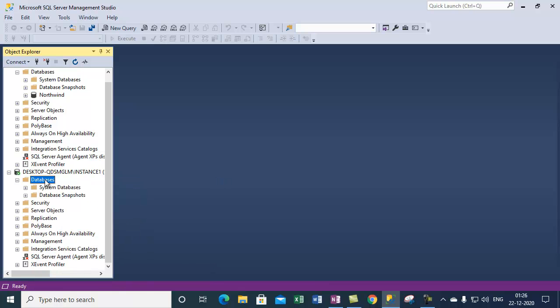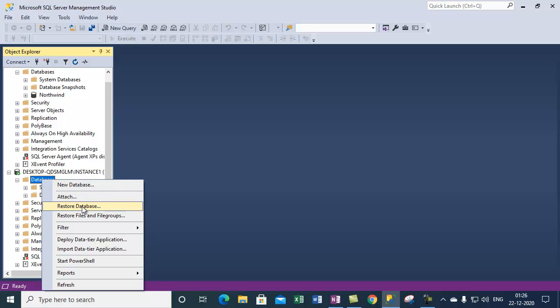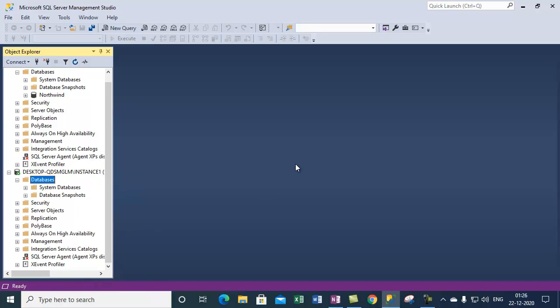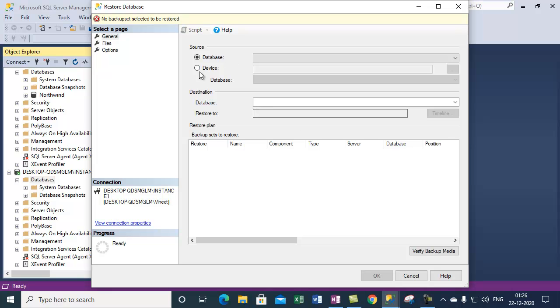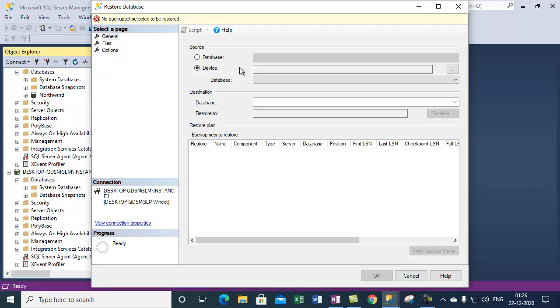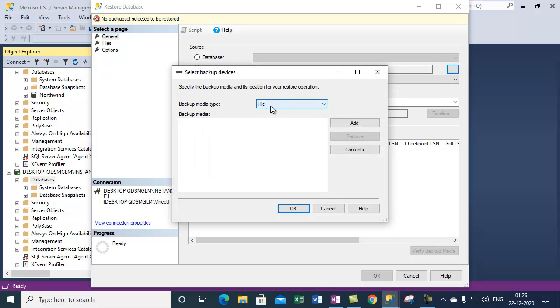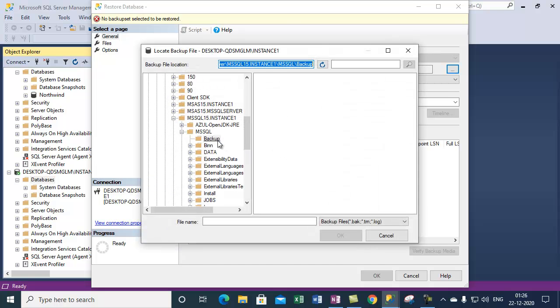Okay, when we right click on the database, we get the restore database option. So let's select restore database. It will open up a dialog box, and basically we need to specify the backup file for which we want to do a restore. So we can select a device, and under that we can select file, and we can click on add, and